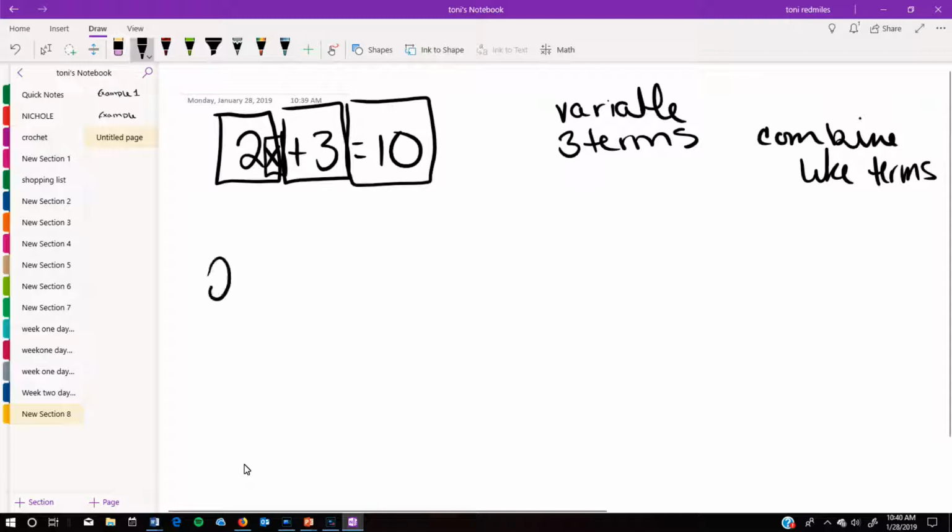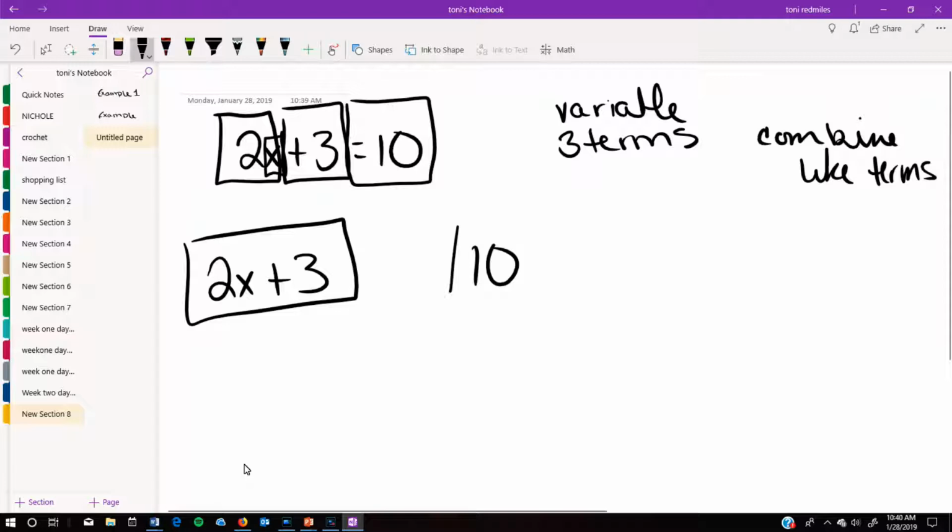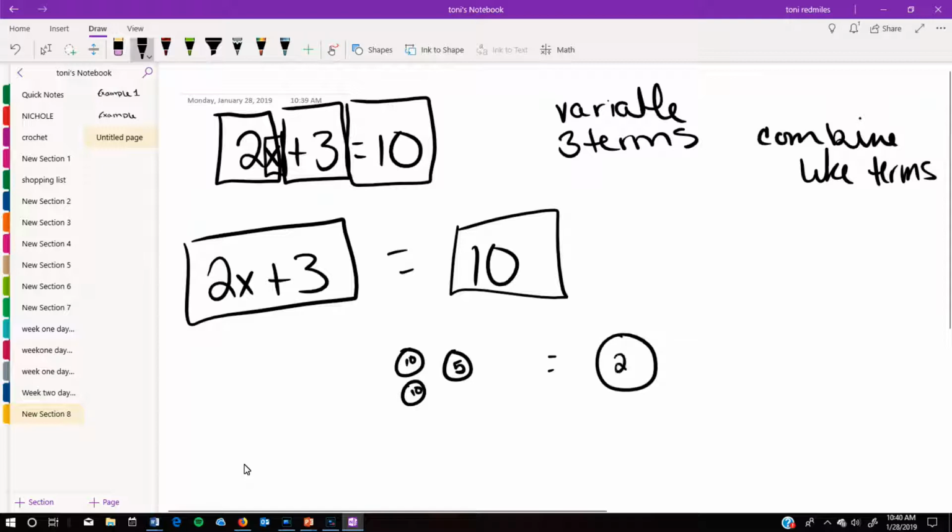This is saying that the weight of 2x plus 3 is equal to the weight of 10. Okay, they're equal. That's what the equal sign means. Because there is an equal sign in this problem, whenever I solve for x, I'm going to have to keep in my mind, okay, what I do to one side got to be equal and do it to the other side. If I have 2 dimes and a nickel, and I say that's equal to a quarter, if I take 5 away from this side, 5 cents, they're no longer equal unless I also take 5 cents away from my quarter,